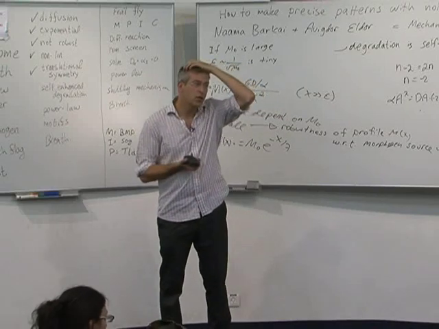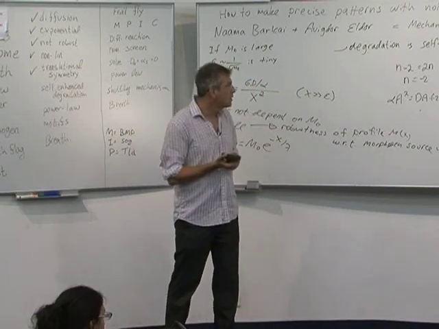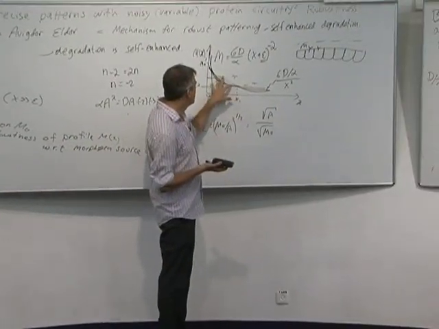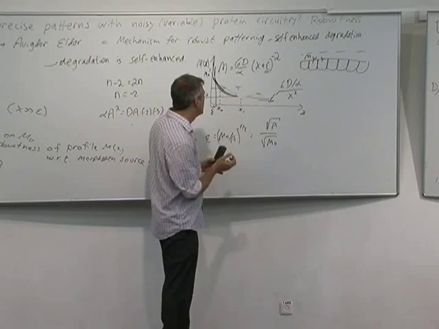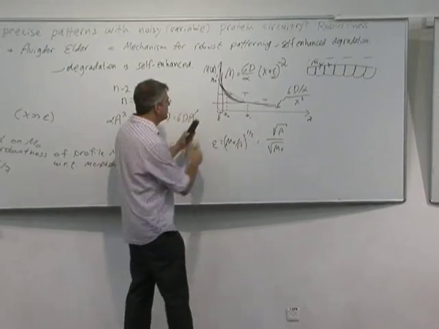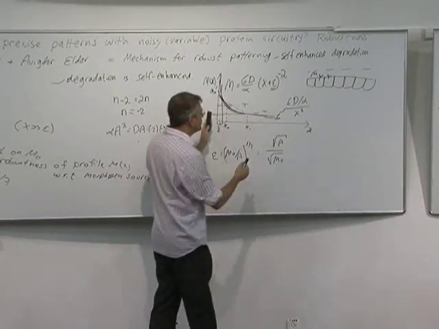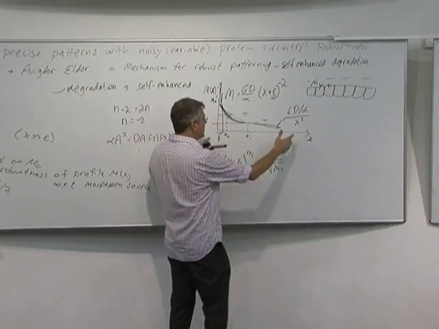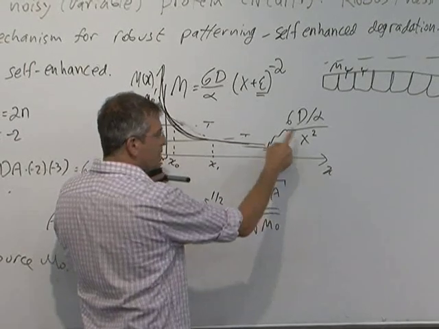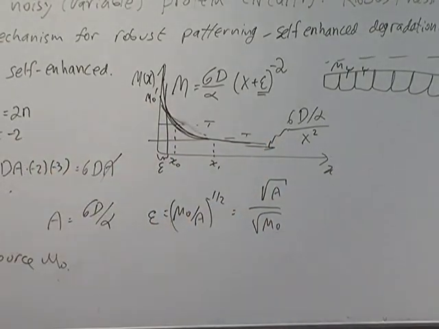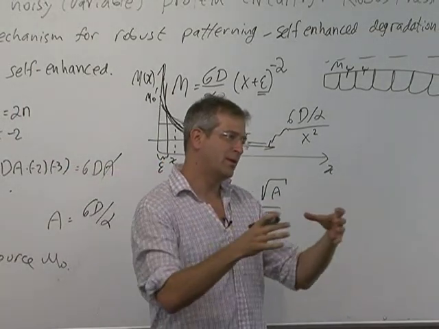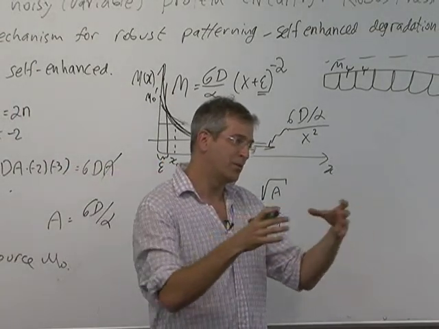But you're not dependent on x, and that again is continuity. So x is the position, right? What happens if in the last division you can get 10 cells across the field, or maybe 20 across the field? I mean, the total size of the field. So this also doesn't depend on the size of the field. That would be like the boundary conditions on this side, which doesn't affect this. And this is actually a problem for a model like this. This kind of thing works, in fact, when there's not a lot of variability in the size. If there are no small babies and big babies of the same species.